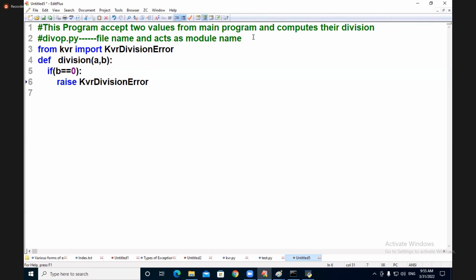Okay. If my B is not 0, where does it go? Else. Tell me, what should I say? Return A by B. Return A by B. The result will come or not? The result will be returned. Understand, students? Very good. So this is nothing but